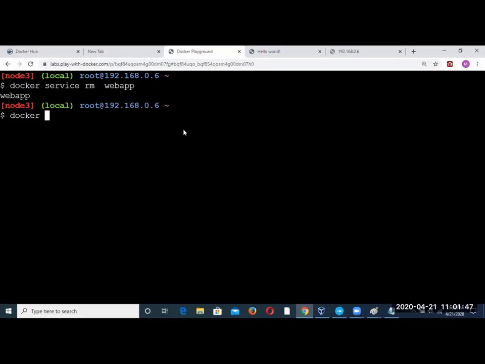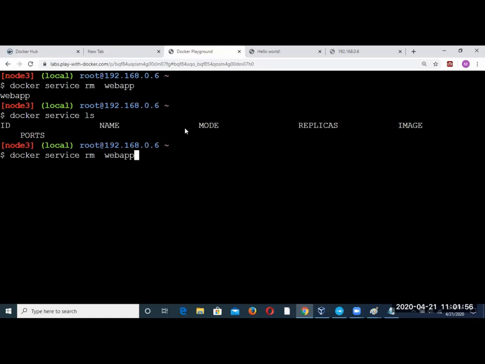So we just tested that the image is working. Now I have no service here. Now I'll create it as a global service. So if I go back to my command, I have to convert it to a global service, so I have to put a switch that says global.